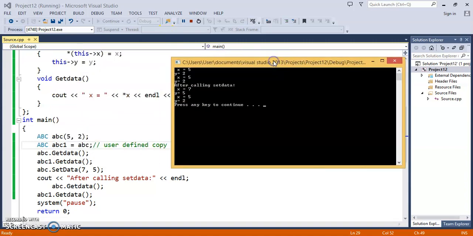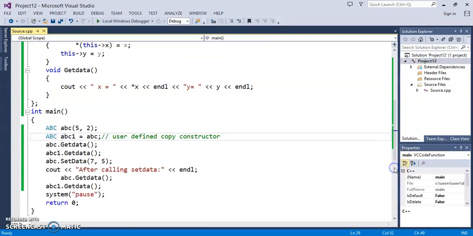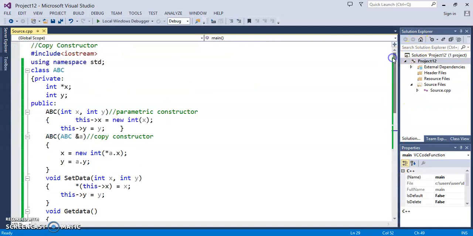So this is the main use of the copy constructor. Whenever you are doing dynamic memory allocation, you should write your own copy constructor. Just a quick revision. This video is about why we need to write our own copy constructor if we have an inbuilt copy constructor. Unless you are doing dynamic memory allocation for class members, there is no need to write your own copy constructor.